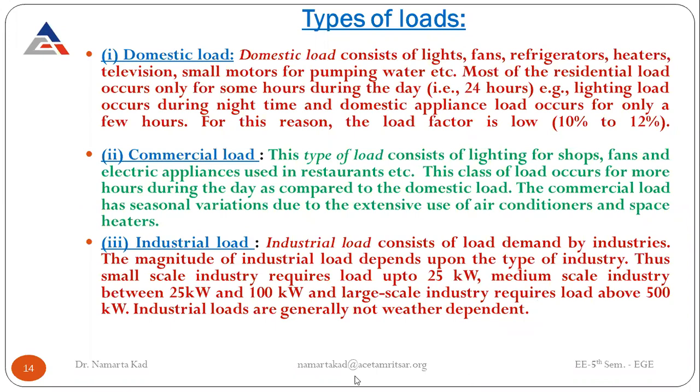The load equipment available in industries depends upon the manufacturing products, that is, which type of manufacturing products the industry is associated with. Some motor loads are there, lighting load, fan load, air conditioners, some refrigerators, and some heating processes. Different industries have their different equipment as per their needs. So this one is the industrial load.